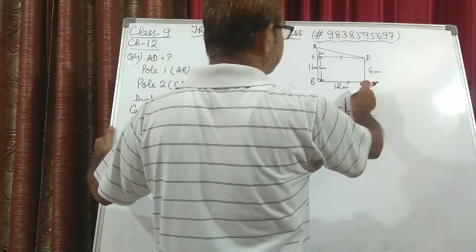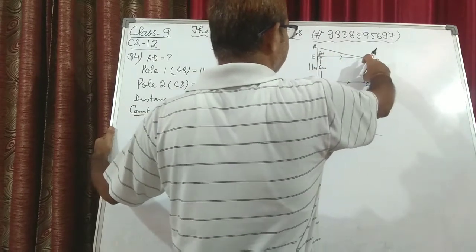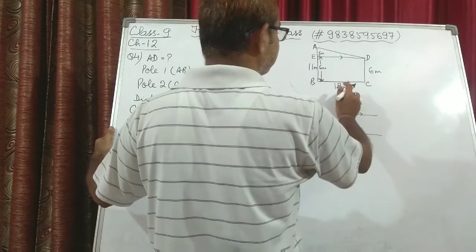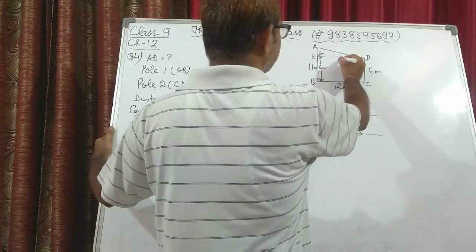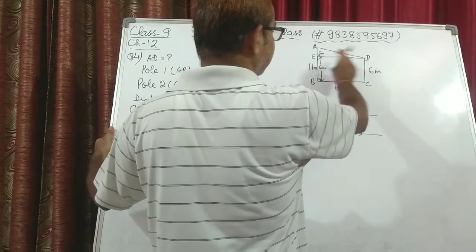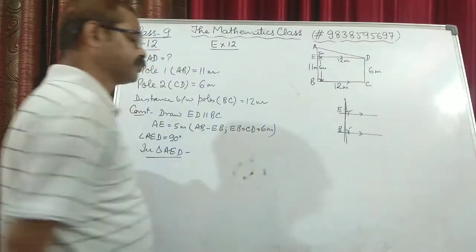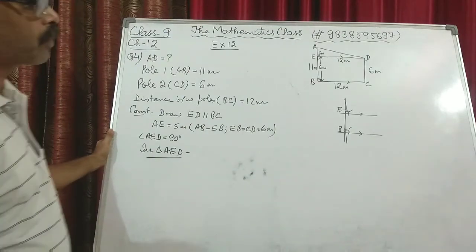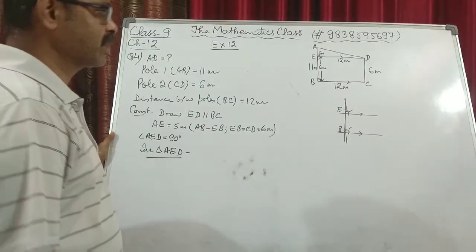Since ED and BC, this side and this side, are parallel, this makes a rectangle. If this is 12, this also has to be 12 meters. This is 90, this is 90, this is a quadrilateral whose sides are 90